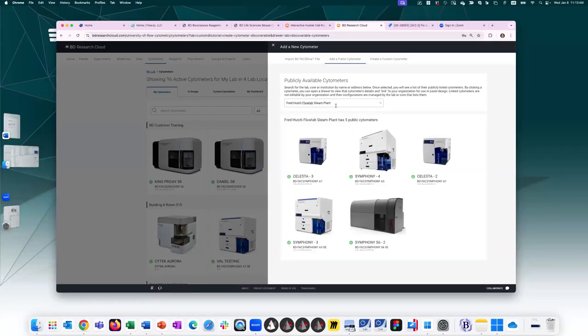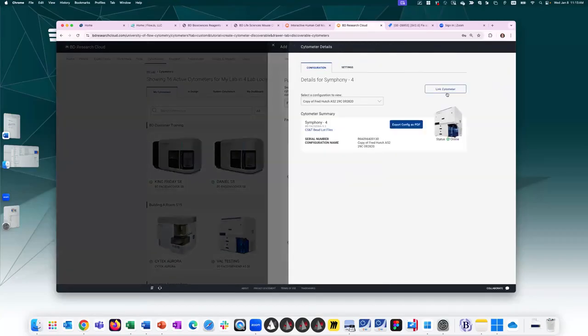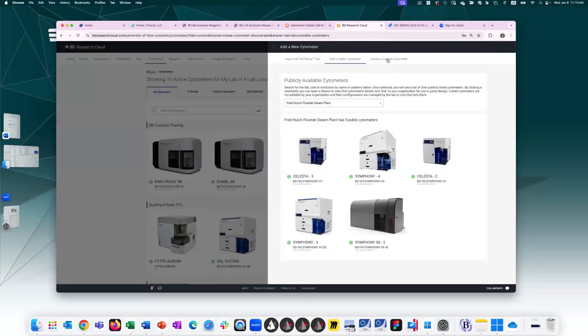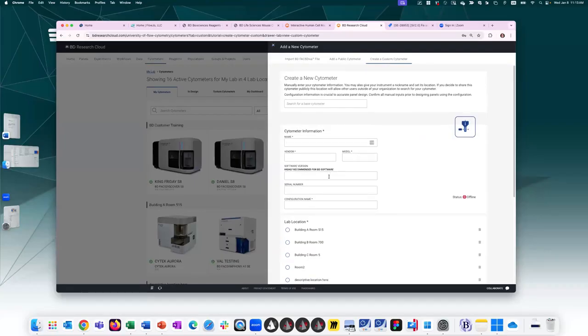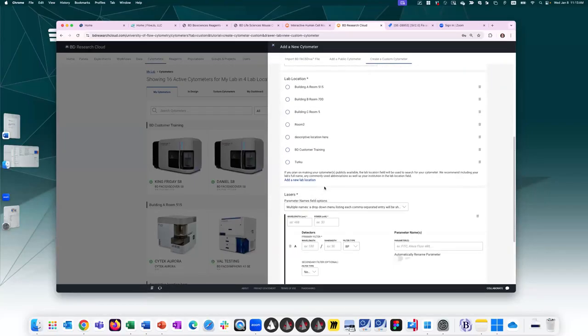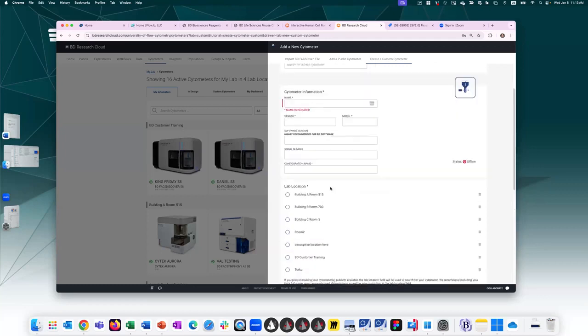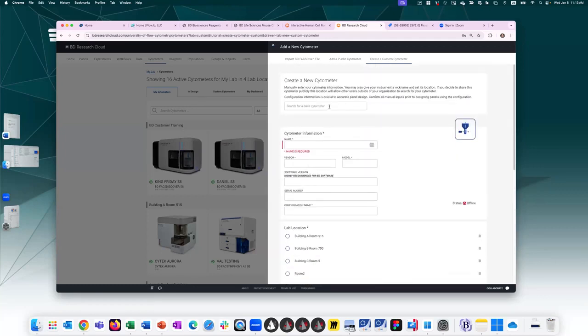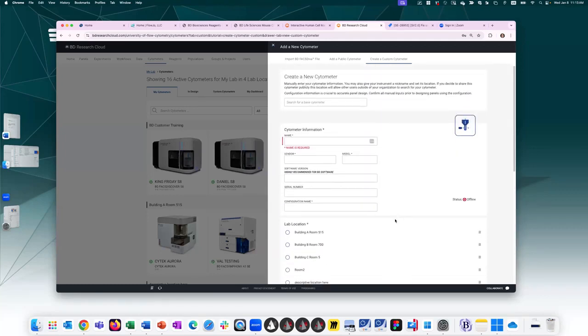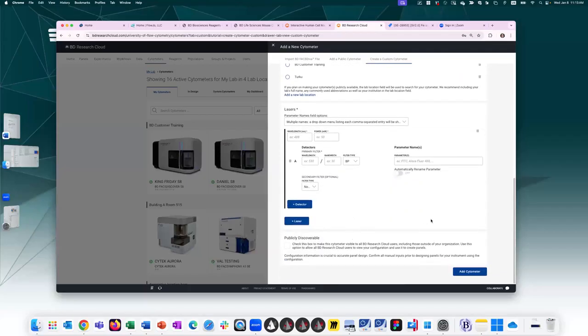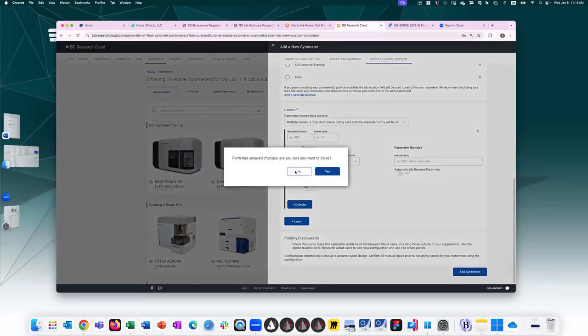You can search for your core lab up top here and then see what cytometers they have posted, and you can click on them and link to them to use that configuration to design your panel. Lastly, you can upload your own, either by uploading lasers and detectors one at a time, or you can punch in a base cytometer, so one of the BD default cytometers, and make a few tweaks if needed to add your cytometer. So I won't spend too much time here, but I just want to show you that's how you would go about